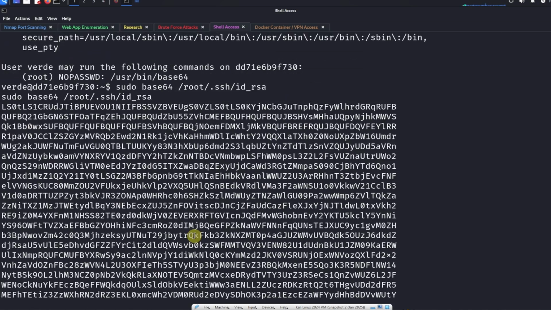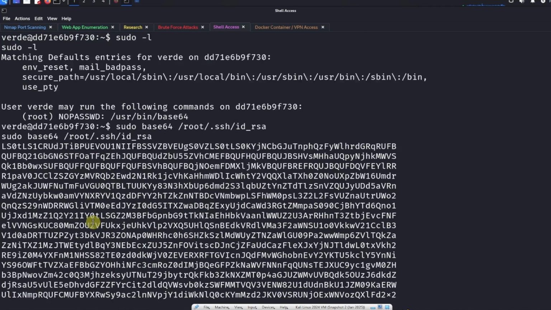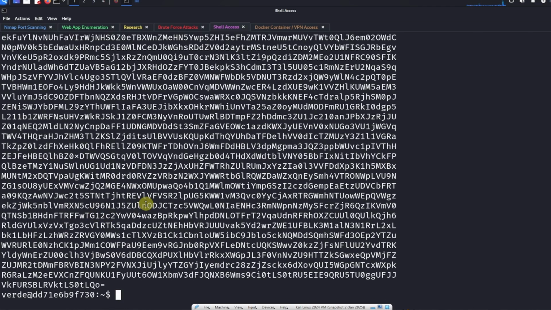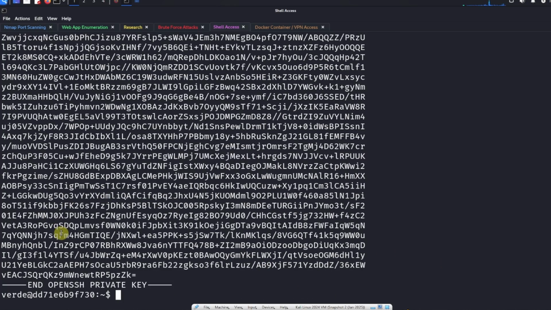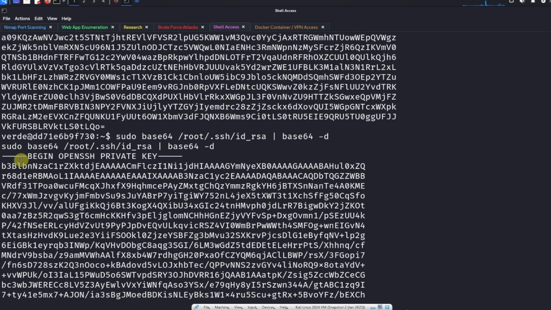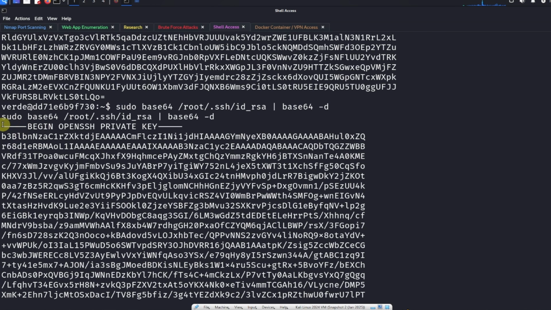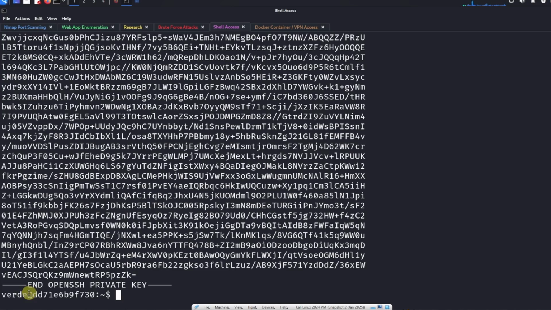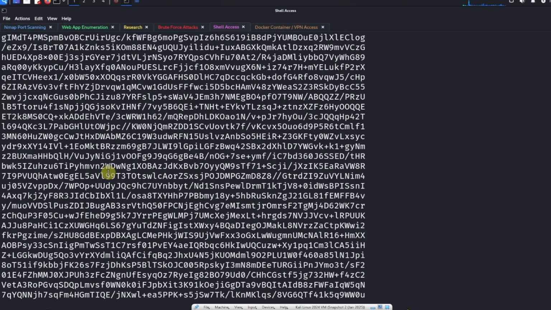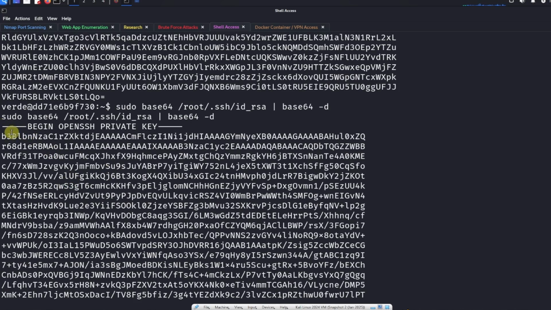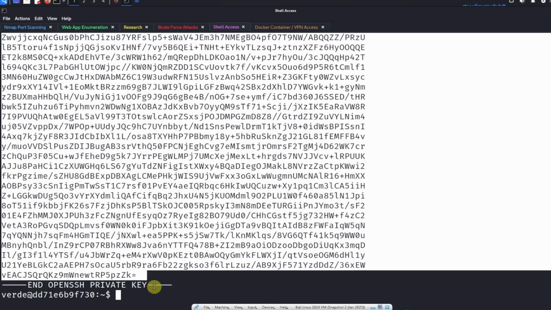And so this is the base64 encoded version of the private key. If we want to see the regular version of the private key, we would run the same command, but base64 decode it with the pipe over here. So when we run it this way, this is the original contents. All of the private keys are going to begin with this line, BEGIN OPENSSH PRIVATE KEY, or something like that, and they're all going to end with this line, END OPENSSH PRIVATE KEY, or something similar. So what we can do is copy the entire private key,